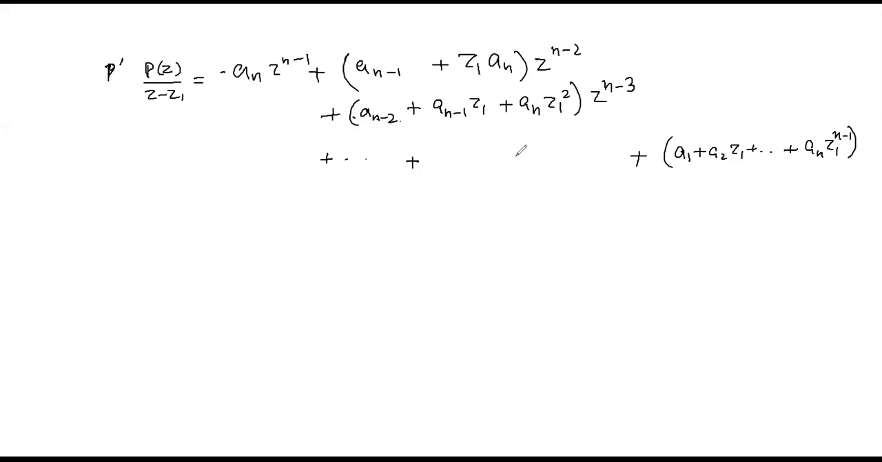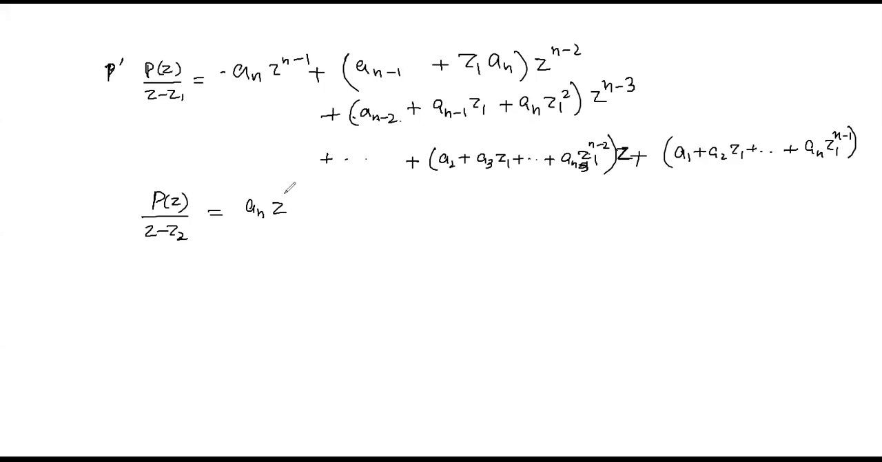But this is the constant term. और इससे पहले भी अगर मैं एक आध term ले लूँ, what should be that? It should be a2 plus a3 into z1 plus so on and so forth plus an, an ही आएगा. It would be z1 raised to power n minus 2 whole multiplied by z. So this is my polynomial. This is pz divided by z minus z1. And similarly, अगर मैं करूँ pz divided by z minus z2, what would be that? It would be